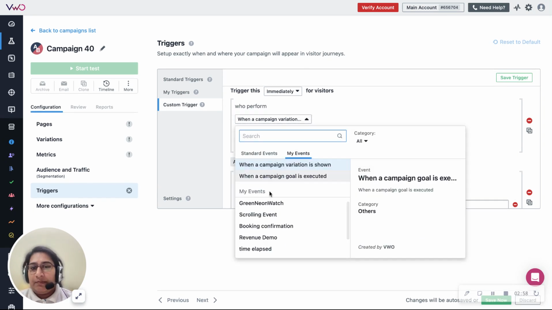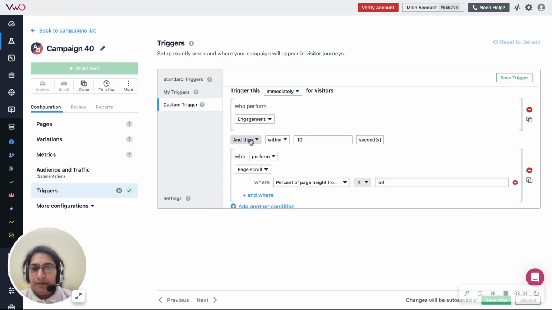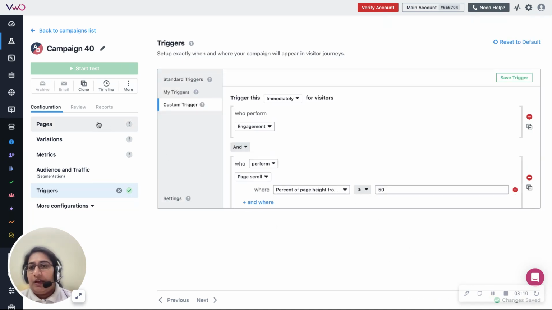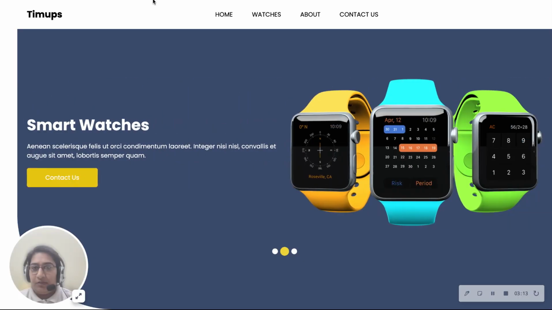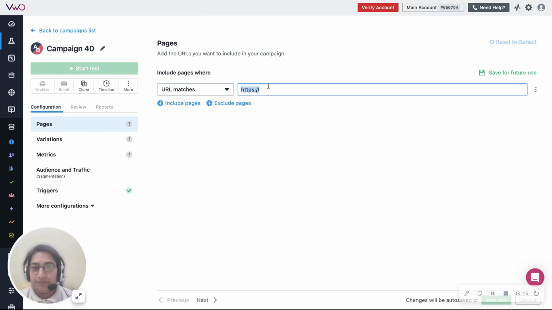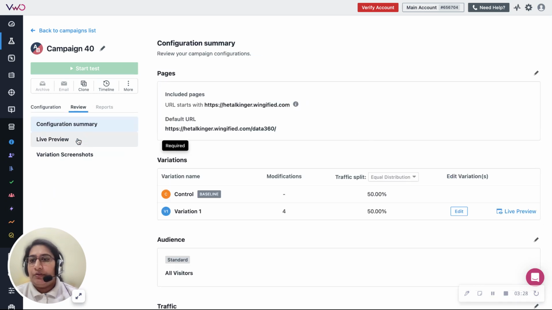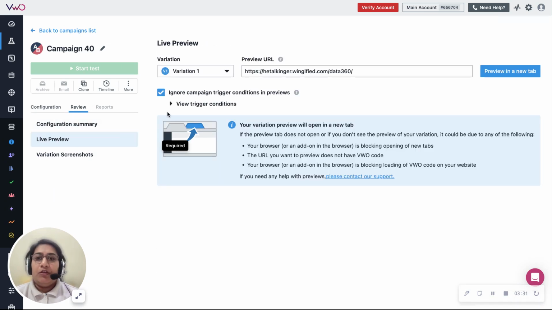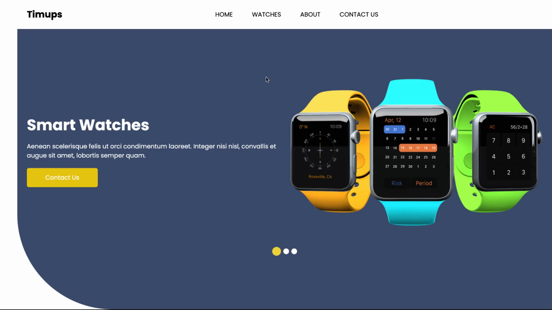So let's look at an example, as we selected engagement and the page scroll depth is greater than 50%. So now in this case, if we save this trigger and then implement the changes on a certain test page URL, once you have configured your test page URLs, you can further preview the campaigns. While previewing, you get an option to ignore the trigger conditions, but currently we want to verify it. So I will uncheck this and click on preview in a new tab,